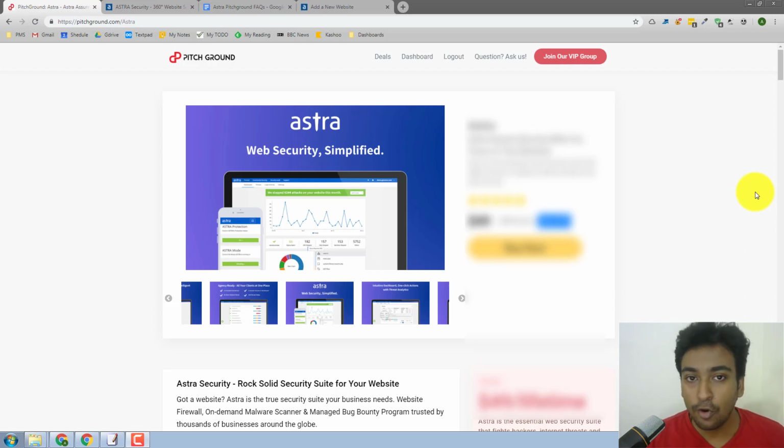So today we are going to look into Astra. It's a security plugin which will protect your internet application. It can be WordPress, Magento, Shopify store, or any other custom HTML sites you might have, or even applications. It's a full security plugin which will help you protect your website, which is really important in this day